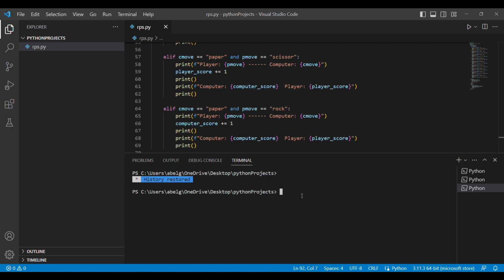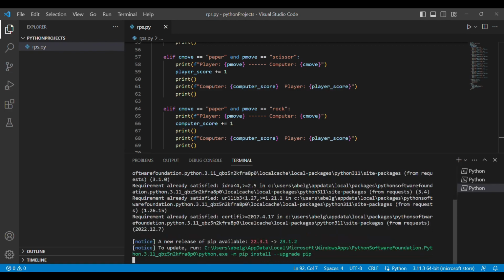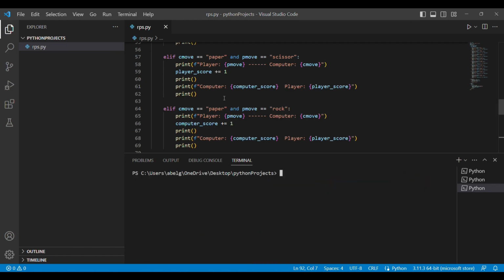So you're going to go to your terminal. If you're on Windows, you're going to type in pip install requests, and if you're on Mac, you're going to type in pip3 install requests and press enter, and it will download the requests library for you. I already have it downloaded, so it won't be downloading on mine. After you've done that, you can clear your terminal, and now we're going to get started with the code.